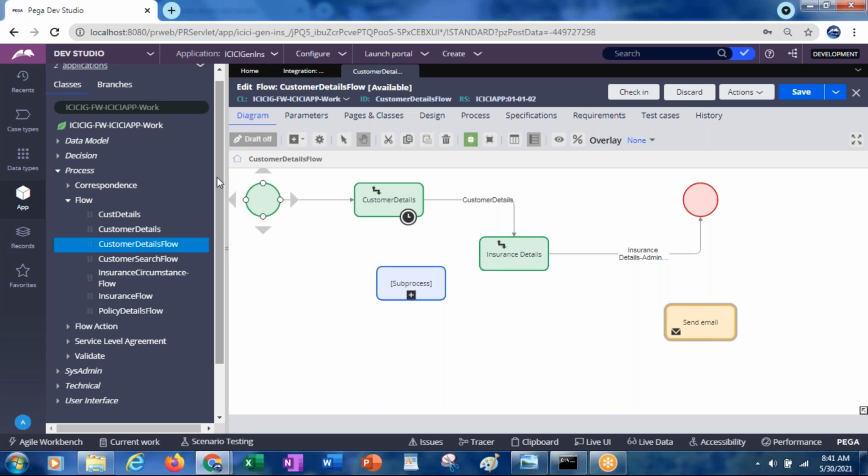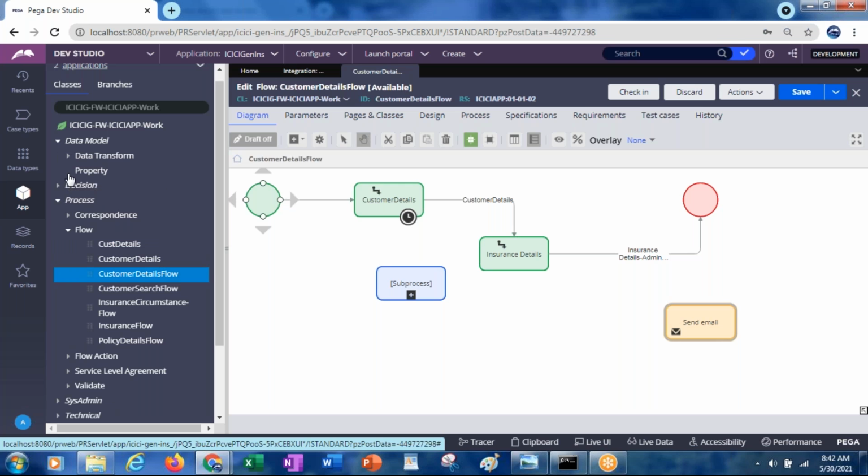No, sir, I guess. No, I think, right. Okay. So currently where we are maintaining all the details under the customer details, right? Data model, property.